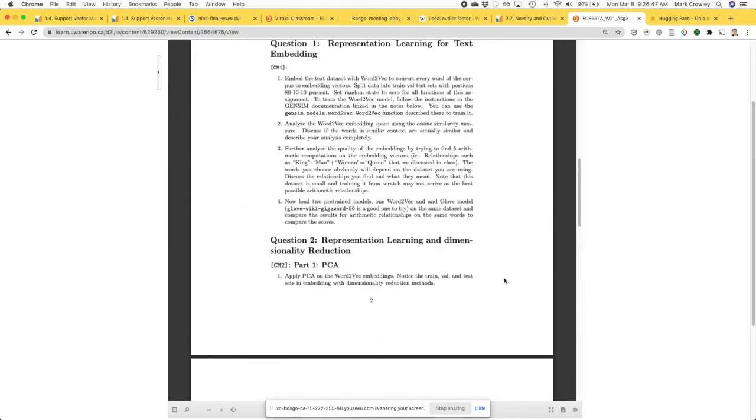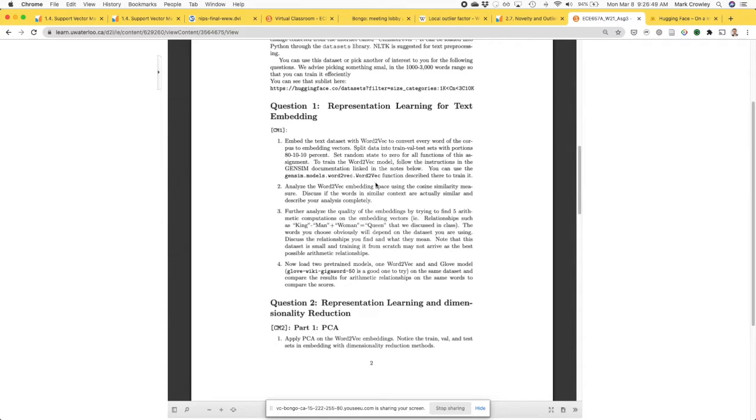Yeah, related question 1 doesn't make sense. For the train test embedding, this is just apply the embeddings of a pre-existing model, try to find some word relationships like this, and then train one from scratch using the first part. On the last one, we say you can find this one that's pre-trained and see if its ones are better than the one you trained, because it's using some pre-trained website with many words and relationships, so it already knows something, whereas the one you trained from scratch here using this code may not be as complicated as that, but it'll be only customized to the data you've been training it on. So you can compare those two.